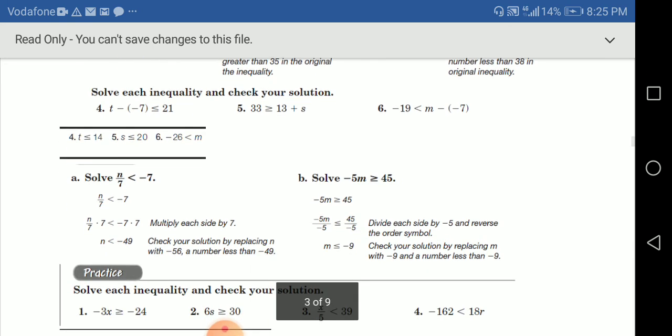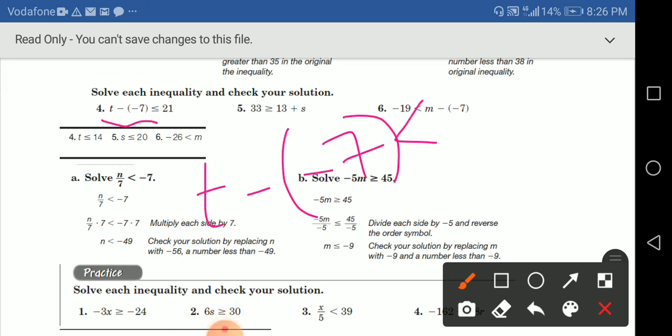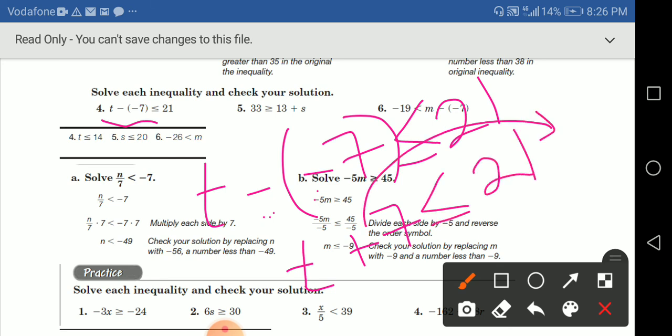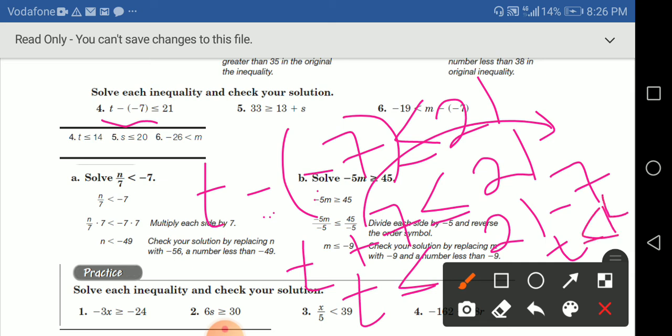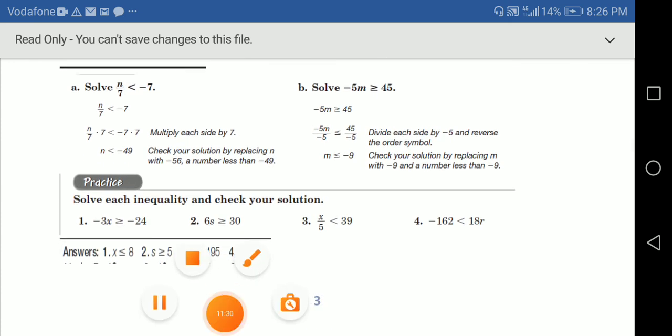Here I have another one: t minus, open bracket, negative 7, less than or equal to 21. Negative times negative, guys, gives me positive. We have the bracket multiplied. I have 21, and positive 7 goes to the other side as negative, so 21 minus 7. t less than or equal to 14. Is it easy, guys? I think it is. What about if I have another kind of